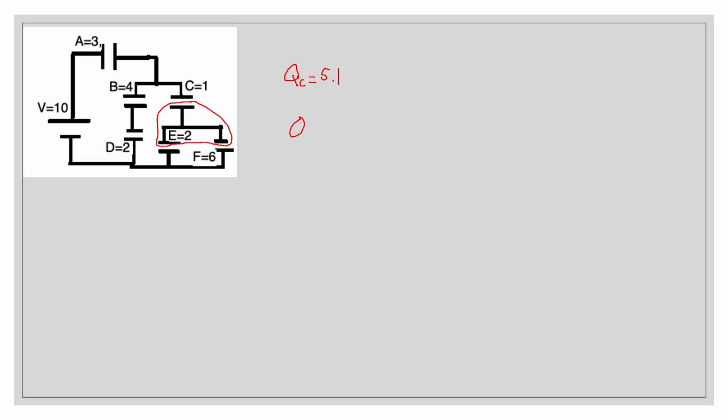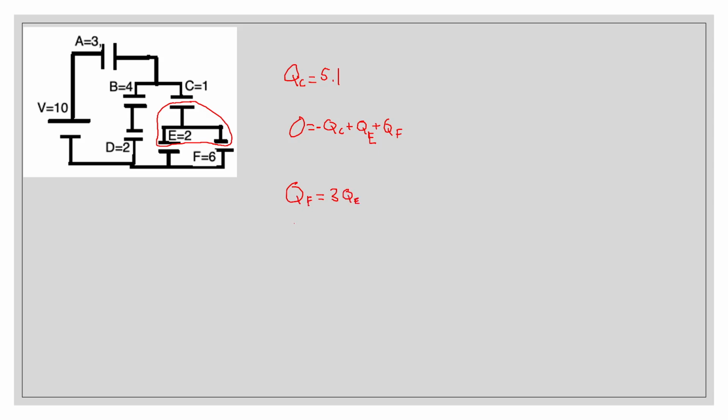So we have 0 equals QC, negative QC, it's the negative side, plus QE plus QF. Okay. And now we're going to proportional splitting. So F is 3 times as big as E. So QF is going to be 3 times QE,